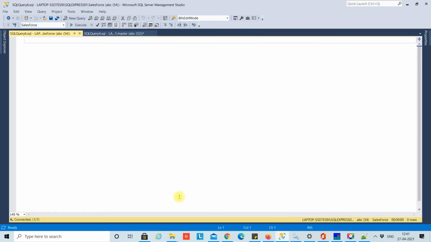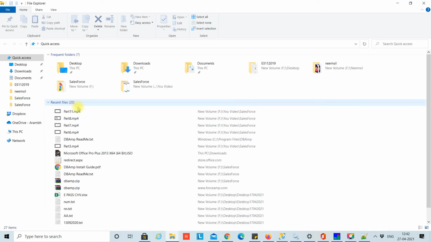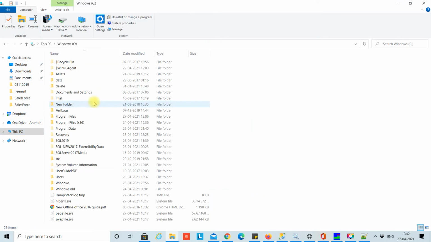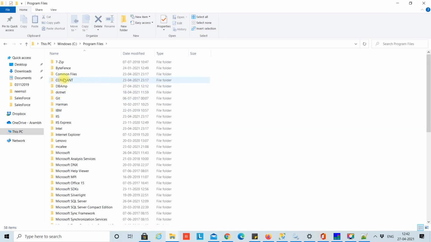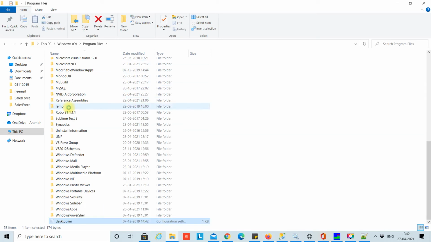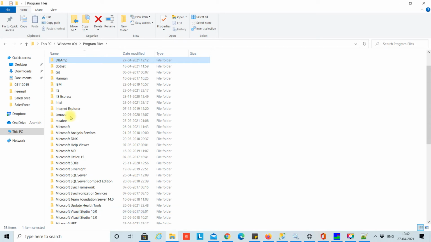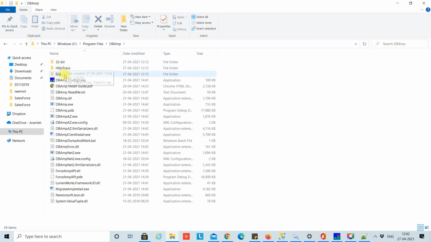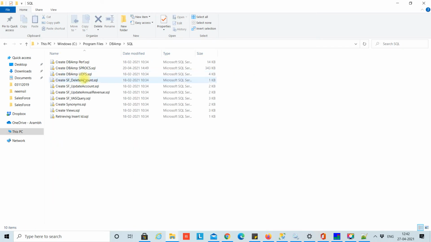Once the database has been created, we need to install the stored procedures provided by the DBM. You need to go to my computer, program files, search for the DBM folder, and inside DBM there is an SQL folder. Inside that there is one SQL file with the name DBM SPPROC.